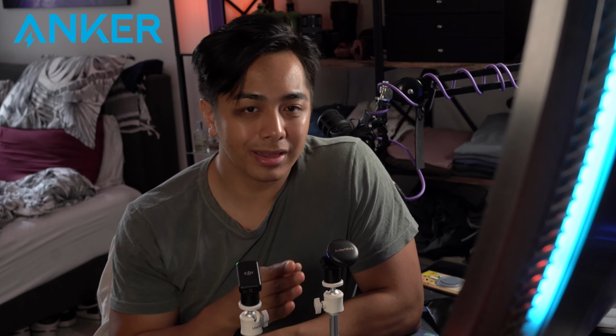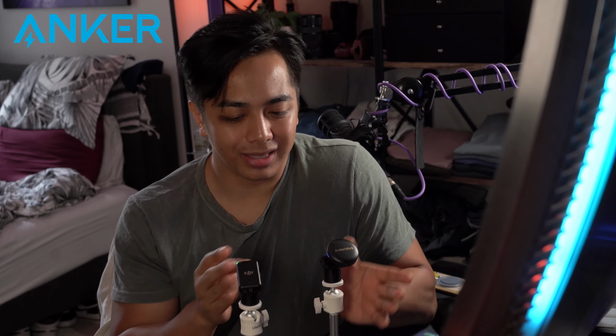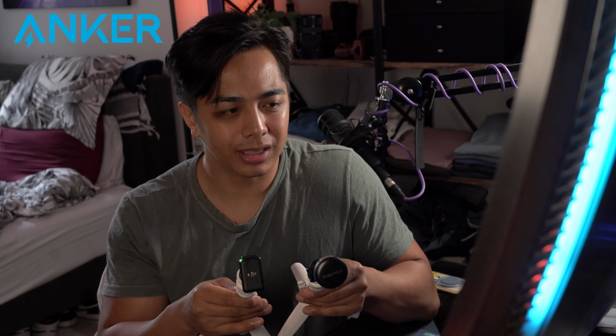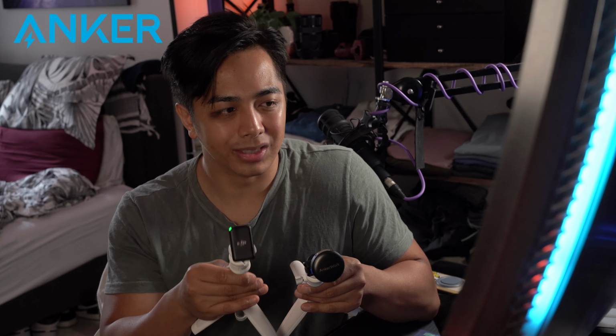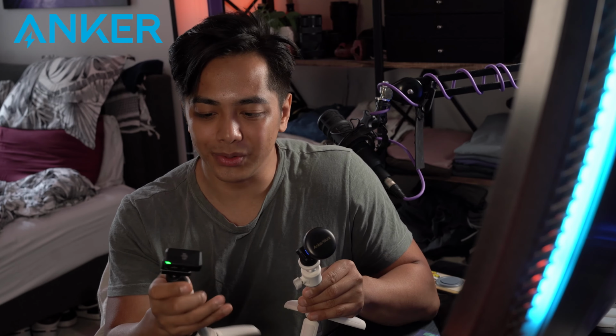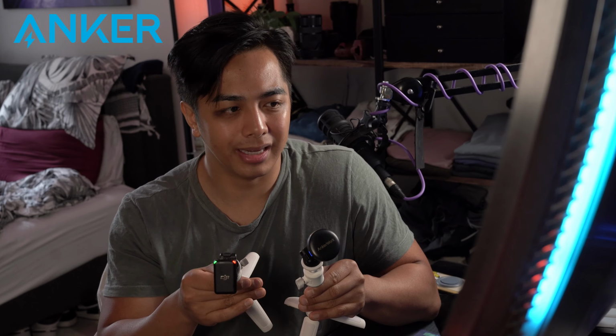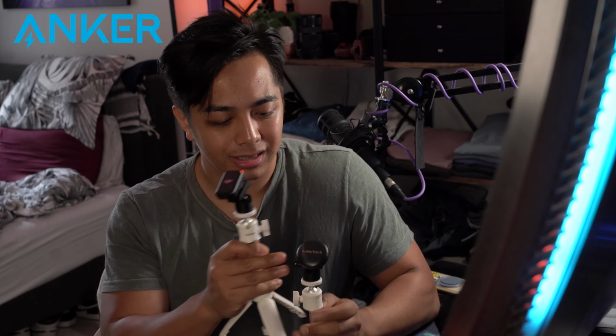The other thing that's nice about this microphone is that the lights are just a little bit less evident, and that might be an issue for some people. But if you look at these both together, if I put these flat towards you, it's hard to see the lights on this one, while it's very obvious to see the lights on the DJI, especially if you're muted. On the DJI, you just have a whole Christmas light set, but for this one, if you're muted,